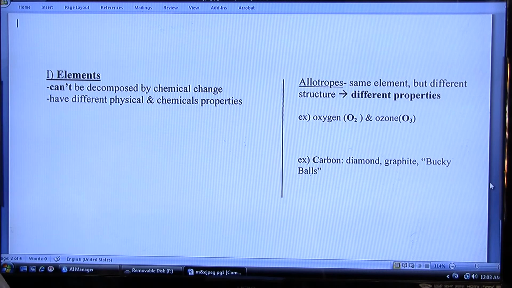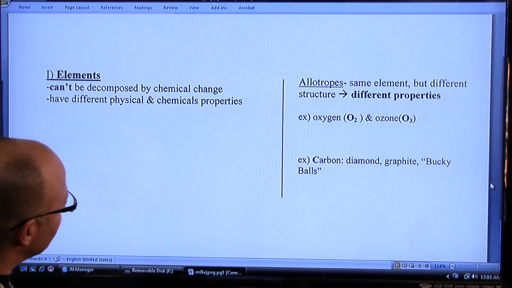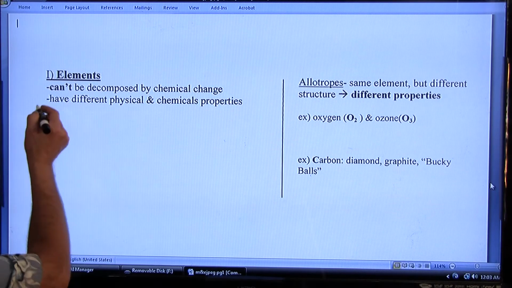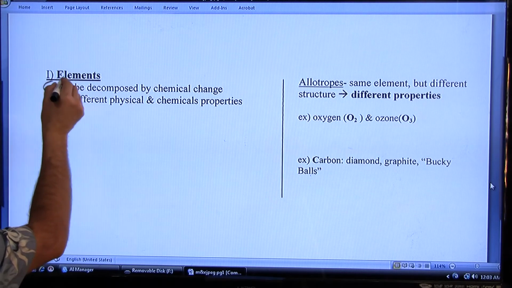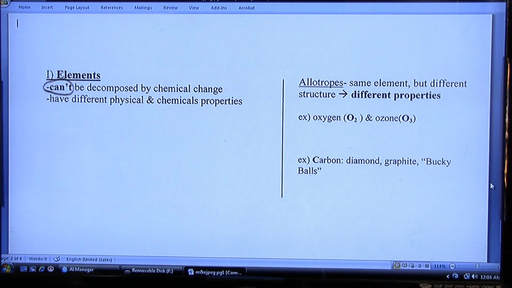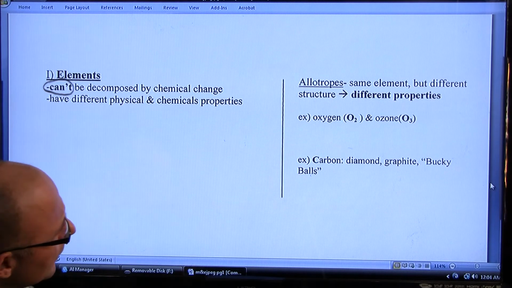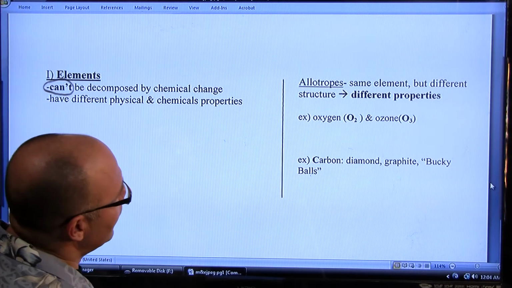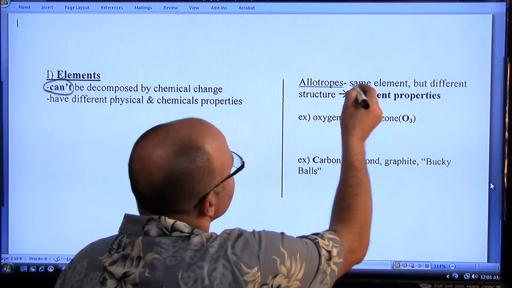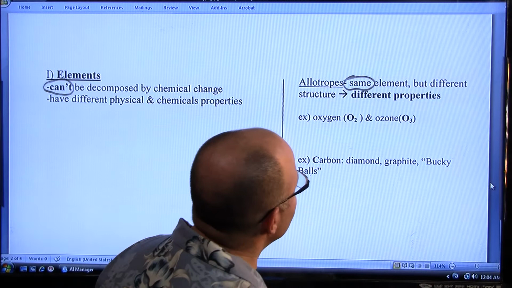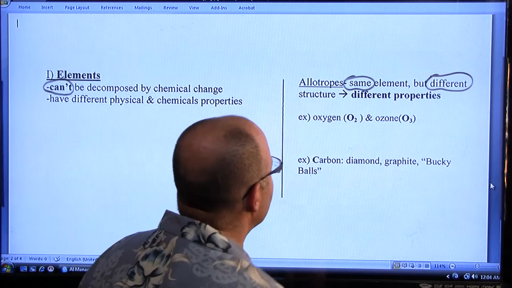Okay, speaking of elements, one thing you want to know about elements is that because they are the simplest kind of substances, elements can't be decomposed. They can't be broken down. I'm sure you've heard the expression, it's elementary, my dear Watson. That's what Sherlock Holmes used to say to his partner, because elements are so simple, as in elementary school. And then as far as elements are concerned, you should know this term here, allotrope. Allotropes are when you have the same element,